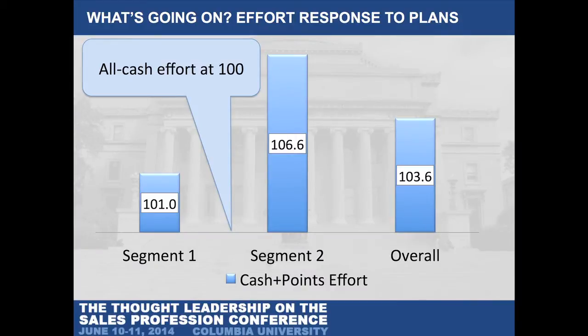There we do something called counterfactuals, much like what Doug was talking about, where we're trying to get beyond what the observed data is allowing us to say. The observed data shows us that sales went down 6.6%, which means that the plans are working, but why do they work? What we want to show is that these things correspond to effort changes. Let's use the baseline of the all-cash effort as 100. I'm sort of normalizing these numbers here.